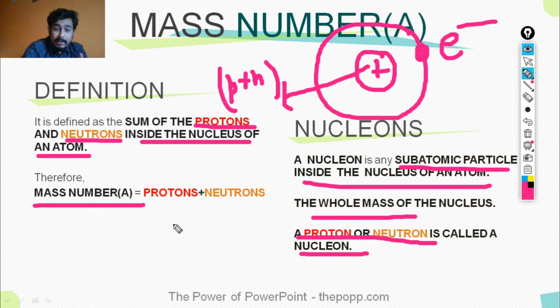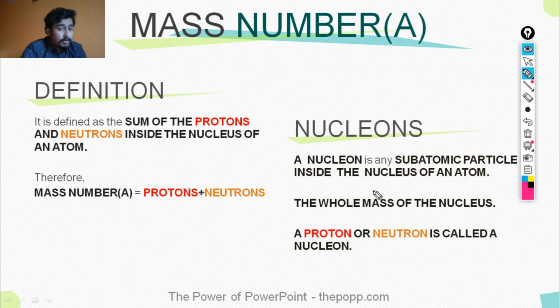Now if I write an element, the question is, how do we write it? What is the way of representing it? So the representation method is, if this is the element X, its atomic number Z, which is the number of protons I told you earlier, is written over here, and the mass number A is written over here. If you want to take notes, you can just pause it and take the notes if required.